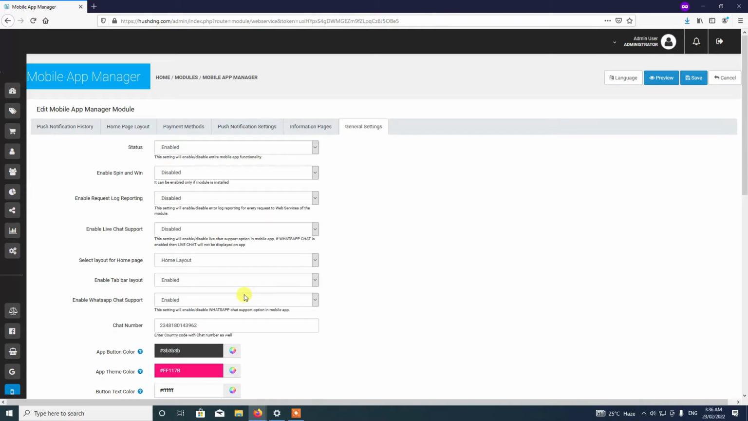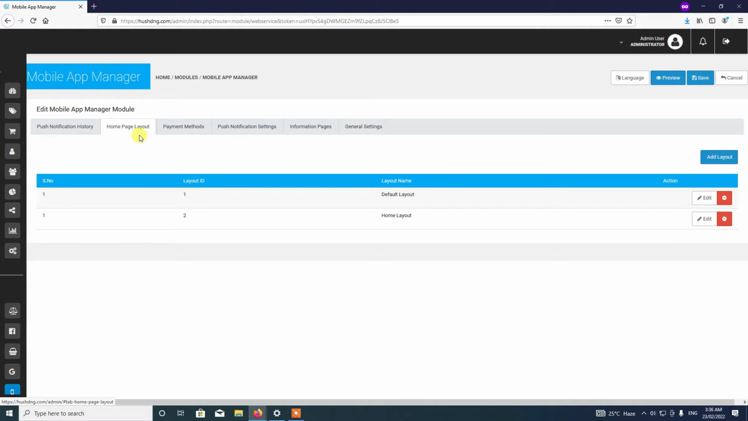So let's say we want to adjust the homepage layout of the mobile app. To do that, we select the homepage layout option and then we proceed to set up the default homepage layout. So for us to find out which one of these layouts is default